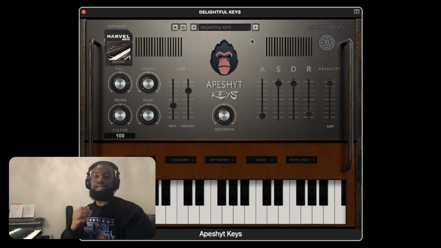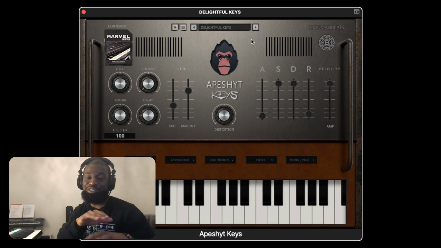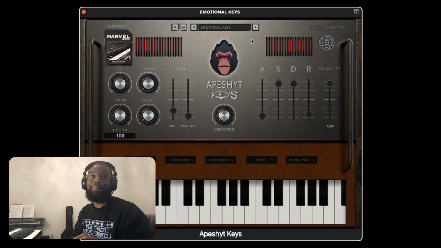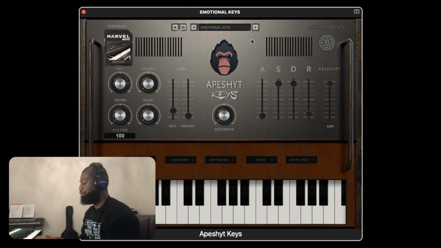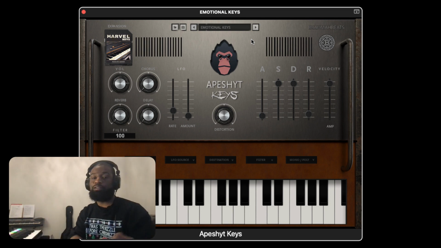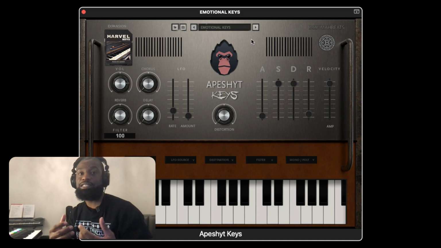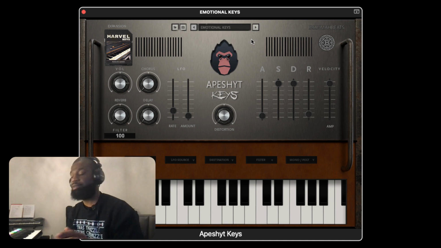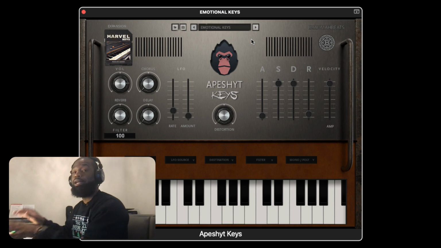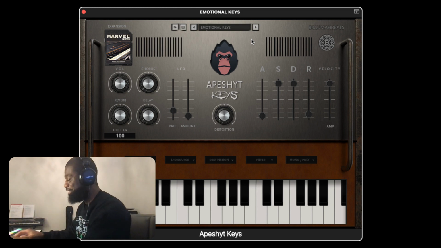Okay, so, excuse me, this is my first time using this mic too, so I kind of clipped. I'm working on getting the volumes. This is a new setup, so ride with me on it. Emotional keys. And I didn't explain, I got the lavalier mic, so when I show you or when I'm making beats, I don't always have to be in front of a microphone. If you're a producer who does videos, you should probably invest in something like a lav mic to be able to do that. But anyway, going back to the Apeshyt Keys,